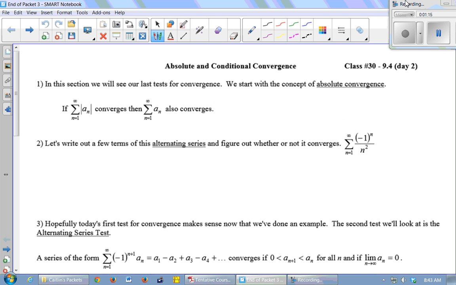Okay, so in this section, we're going to see our last tests for convergence. We're going to start with the concept of absolute convergence. This test says that if the sum of the absolute values of all the terms converges, then the sum of the terms without absolute value also converges. So let's take a quick look at this